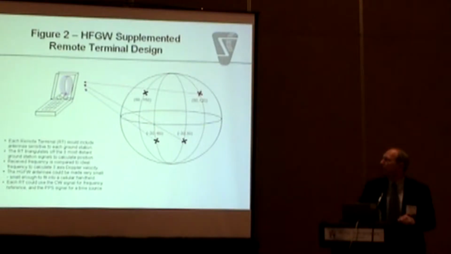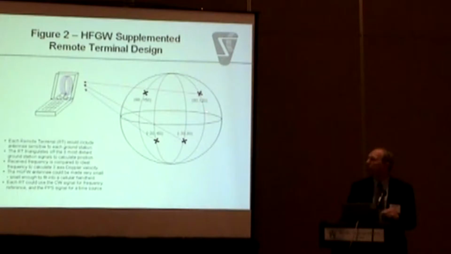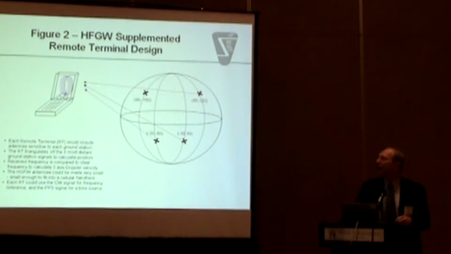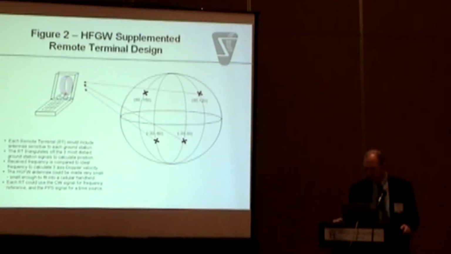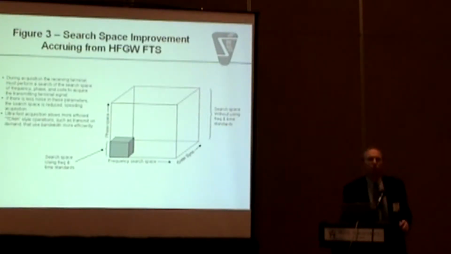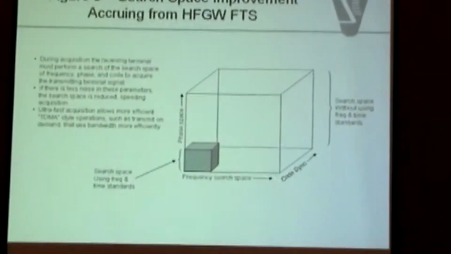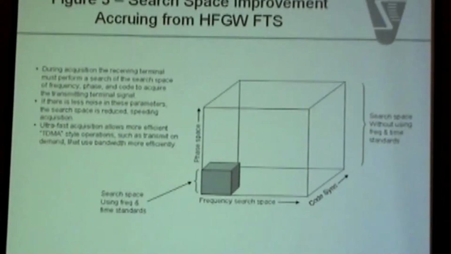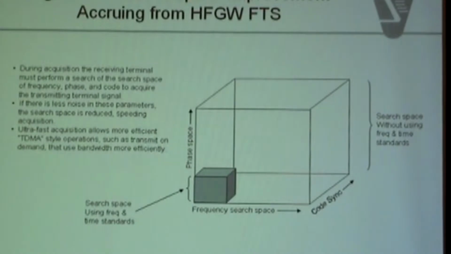Conceivably, you could get by with 3 stations. I show 4 for redundancy, but you would want to pick the arrangement of 3 stations that are the furthest apart, so that you would get the best basis for time difference of arrival and frequency difference of arrival, so that you could determine the exact position and location of the remote terminal. It's important to determine the remote terminal location when you're in an acquisition type situation, because depending upon